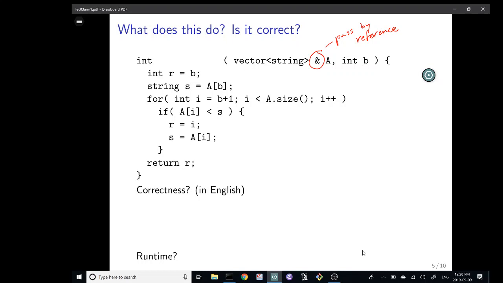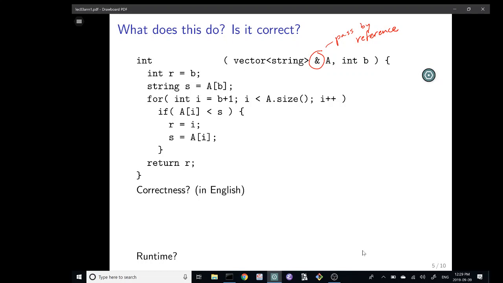You haven't talked yet today. Would you like to report? Sure. Okay, great. So we're looking at the vector of strings, and we're only looking at the indexes that are from B onwards. And then after that, we're checking the remaining strings and checking them alphabetically. And then what you return is the smallest index of the string that would be first when you order it alphabetically.